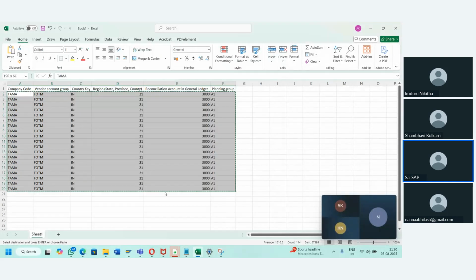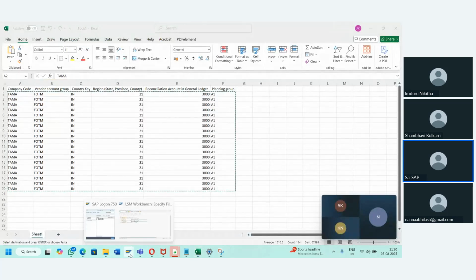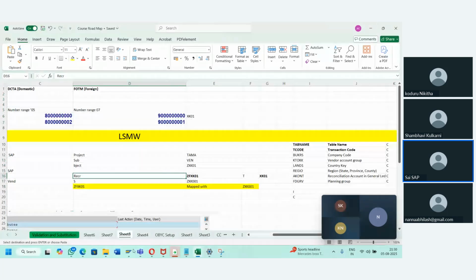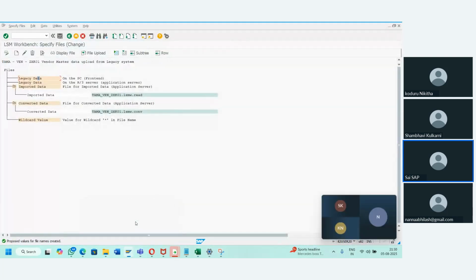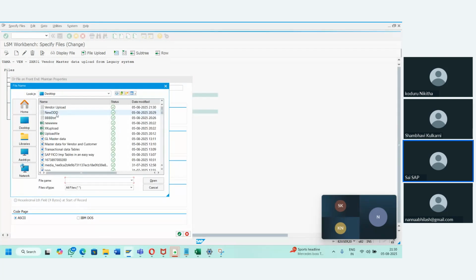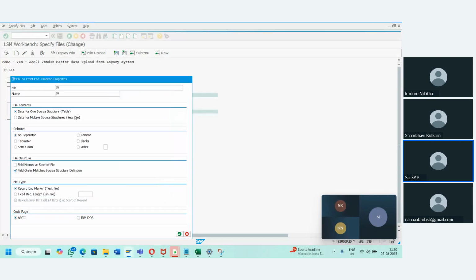Okay, this is the file which I created. After that, in this system, I'm just giving the file name, right? So what is the file name? Specify files, as I mentioned. From the seventh step onwards,